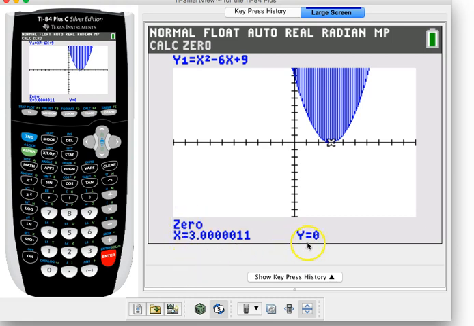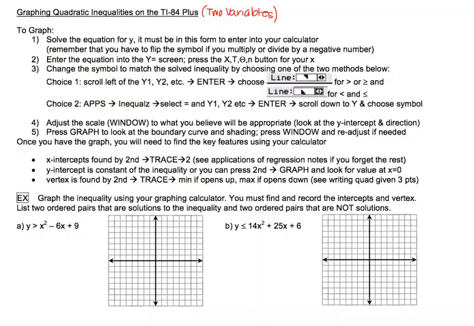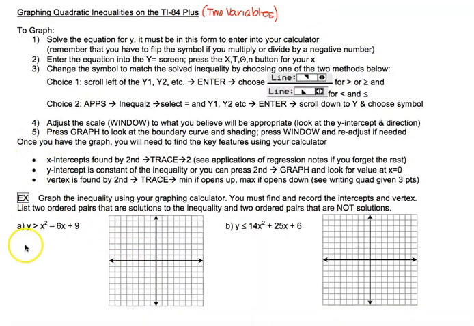This is the 0.30. The most we would round to is 2 decimal places. So this is estimating, but it is at exactly 3. The calculator just can't get it exactly right since it's estimating, but I do have just one x-intercept at 30, which also happens to be my vertex in this case. So I don't need to find a second key feature here, which is kind of nice because I've already got